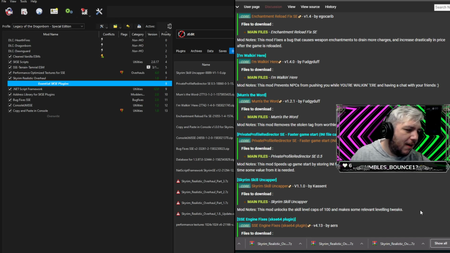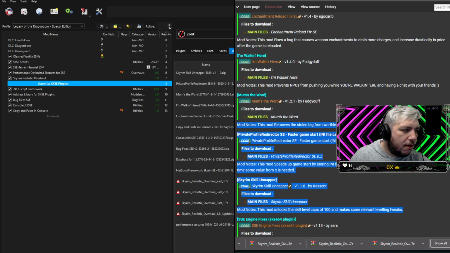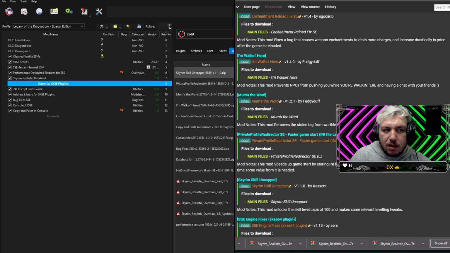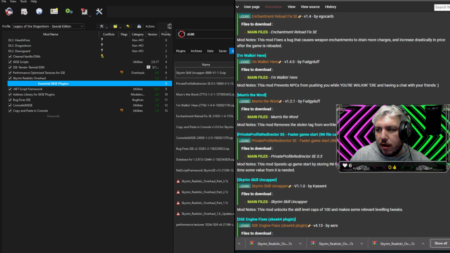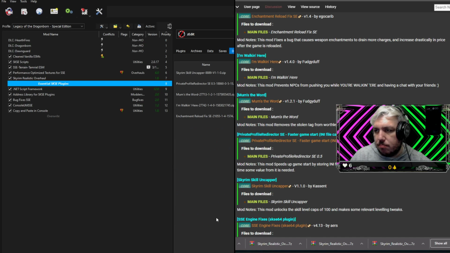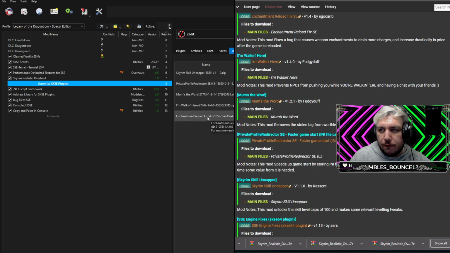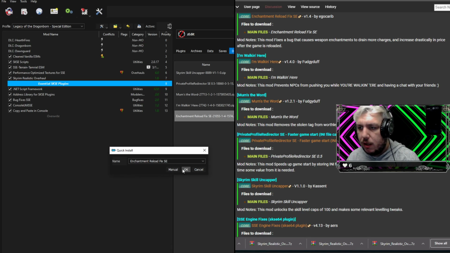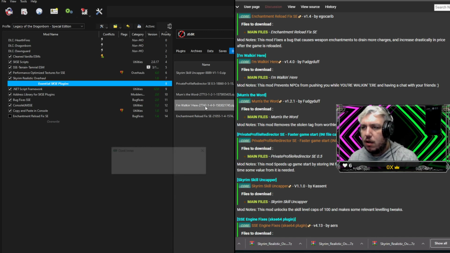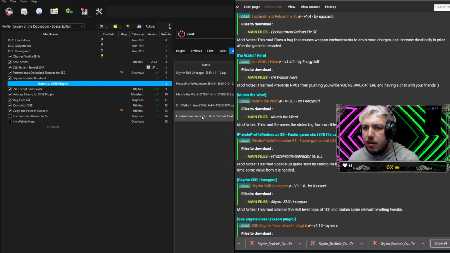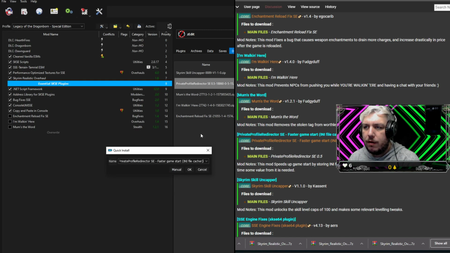So there are no special install instructions for these mods that we've downloaded, as you see them over here. And what I will also start to do is I will hide installed mods. Yes. That way we only see the ones that we have yet to install. And we'll start from the bottom because that was the first one loaded. Enchantment reload fix for special edition. Yes, please. I'm walking here. Yes, please. Mum's the word. Yes, please. Profile redirector. I'm gonna clear this out because again,